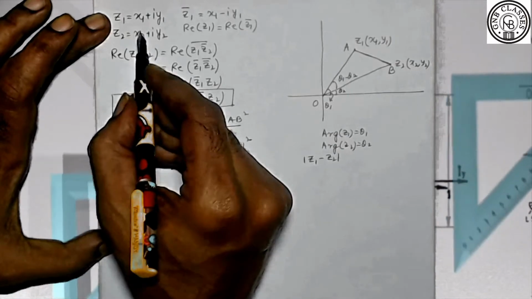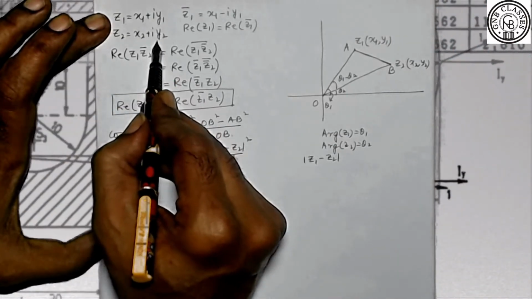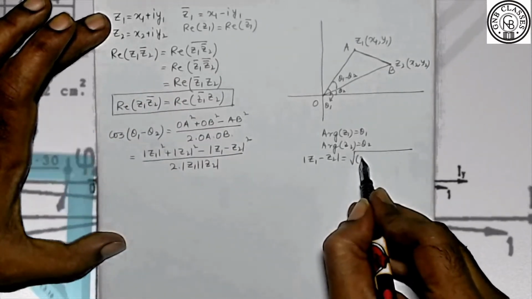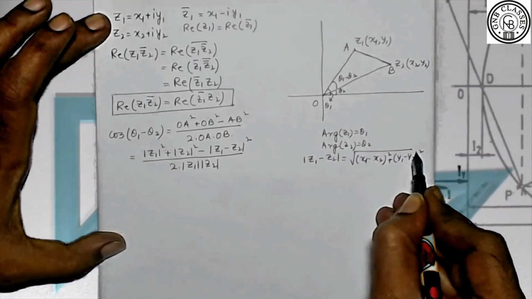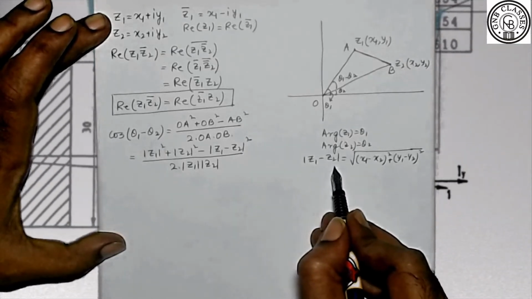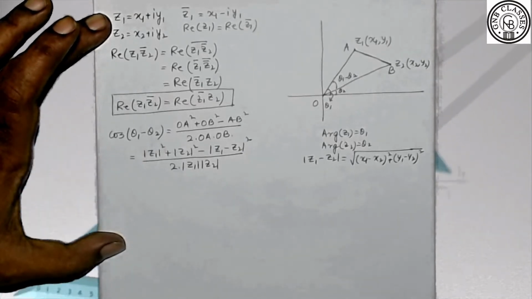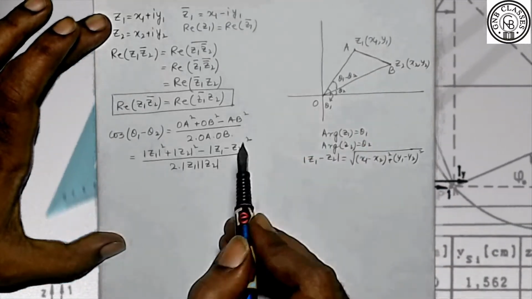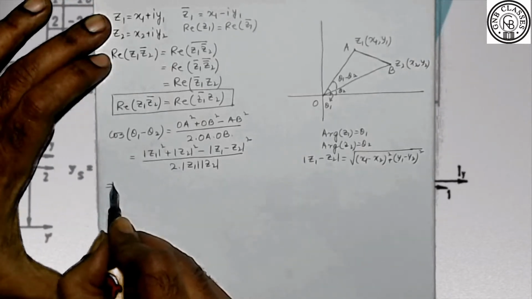Always remember, modulus of z1 minus z2 represents the distance between the points z1 and z2. You can do it numerically. If I put z1 minus z2, the values x1 plus iota y1 and x2 plus iota y2, you are going to get the square root of x1 minus x2 whole square plus y1 minus y2 whole square. It's a pretty simple calculation. So mod of z1 minus z2 always represents the distance between the 2 points z1 and z2. So that is why AB square can be replaced by mod z1 minus z2 whole square. Okay. So from this equation we can write